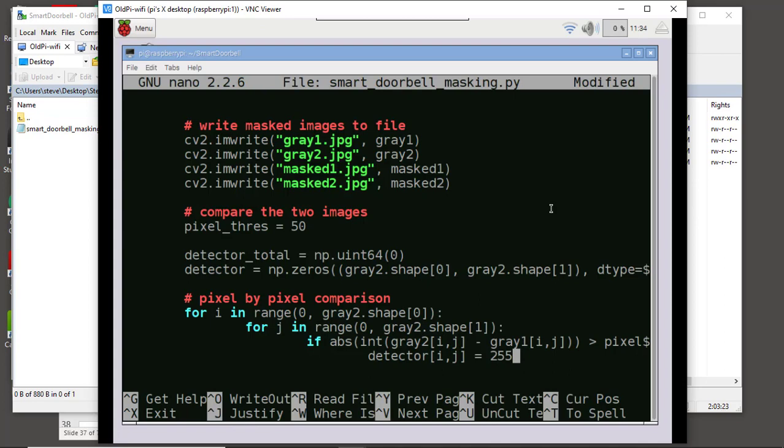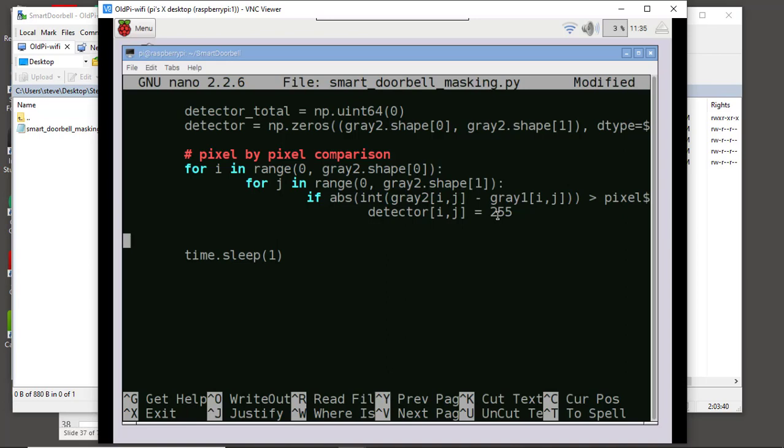And that says, okay, the detector array will basically map out the change detection, the difference between gray 2 and gray 1. And if that change is above a certain level, so we've set the threshold here at 50 pixels, go ahead and set that detector element equal to 255, set that high. We then want to come down here, and now we want to sum the detector array, and that will enable us to say, okay, did we have enough pixels change to indicate that someone or something has entered the